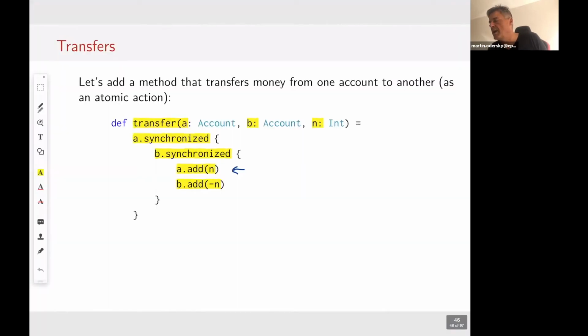So we would create money out of nothing. And if we swap them, then of course it would be the other way. We would reduce from B before we add to A. And if we somehow could observe the system state between that, we would get an inconsistent result.